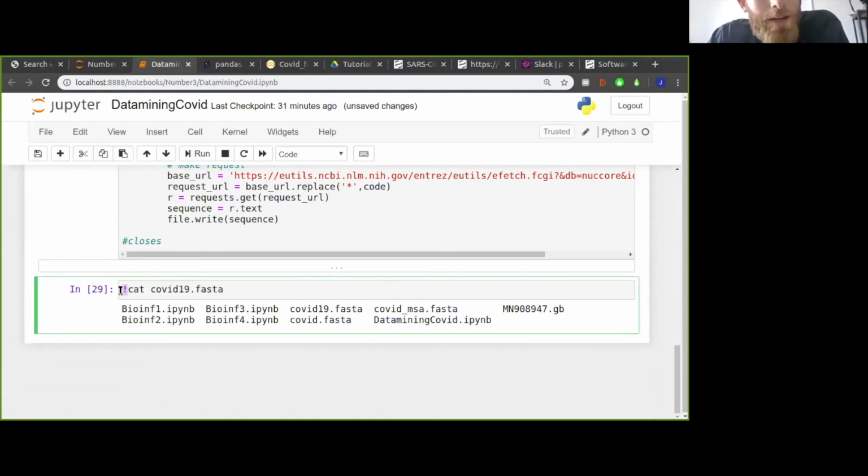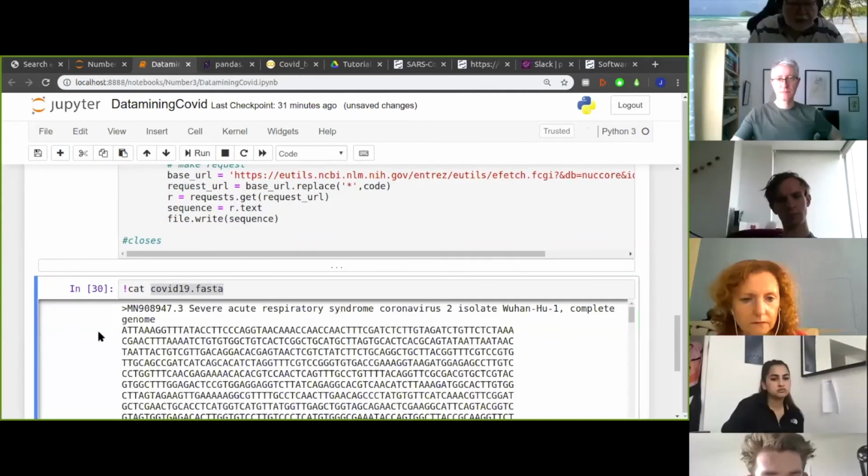So in another tutorial, I think I might have mentioned that in a Jupyter notebook, if you precede a command with an exclamation mark, then it calls a Linux command. So that's what I'm doing here. Cat means pretty much print the whole file, and then I feed that the name of the file in my directory, covid19.fasta. Bash doesn't require quote marks around file names. Okay, so we can see that it worked